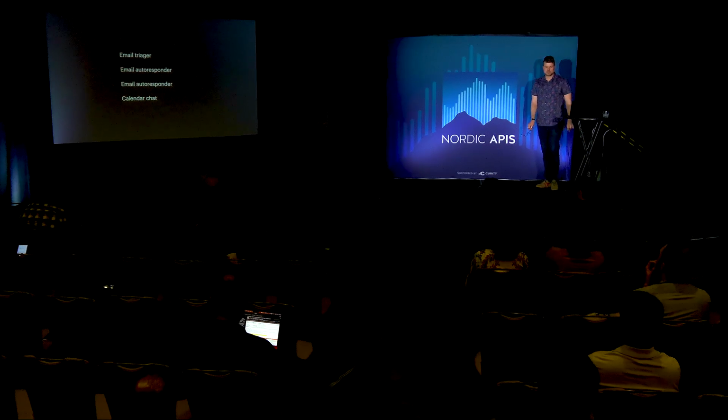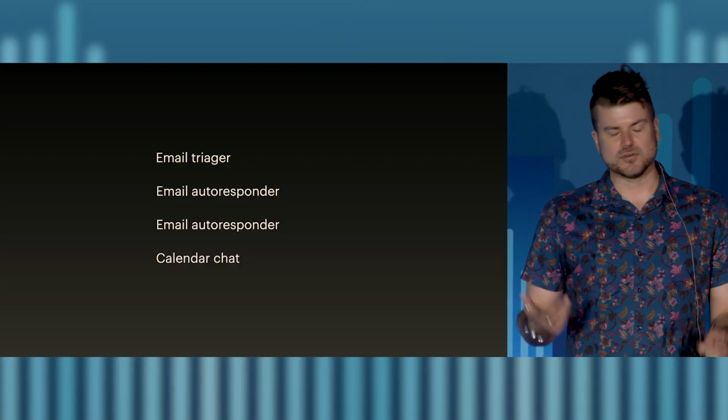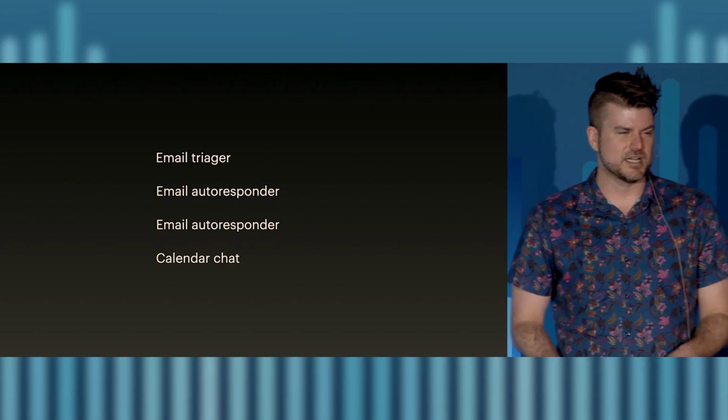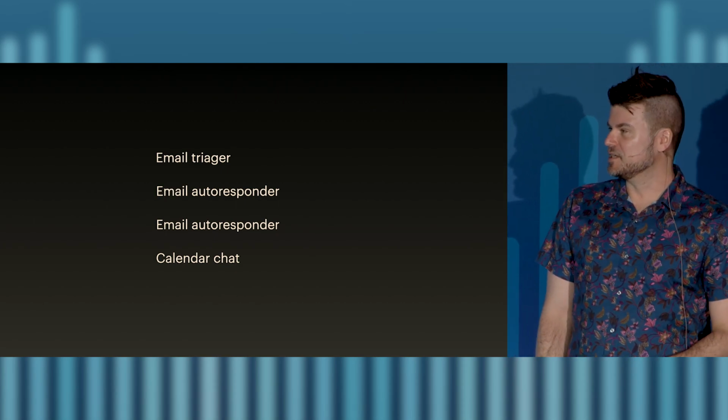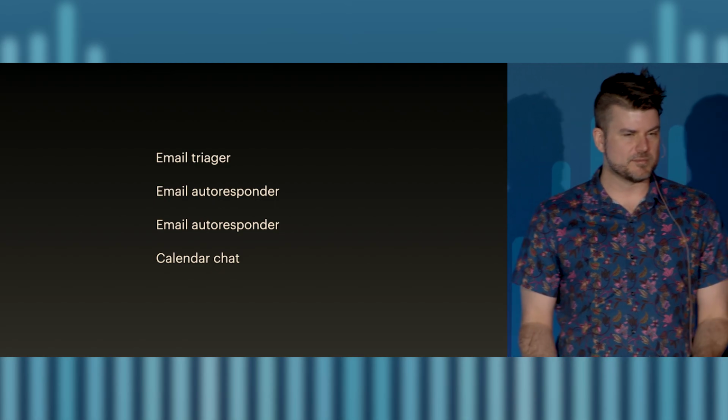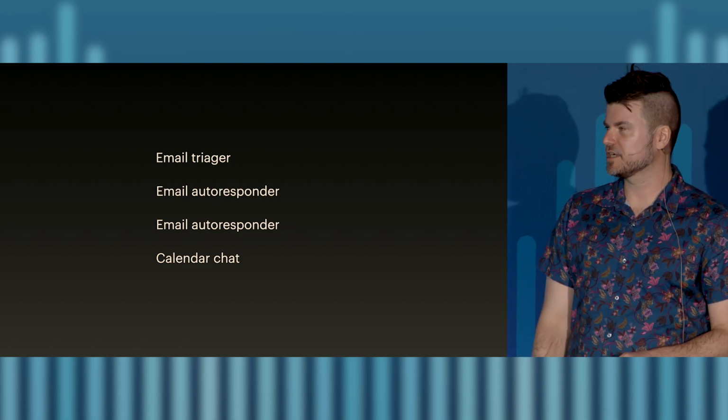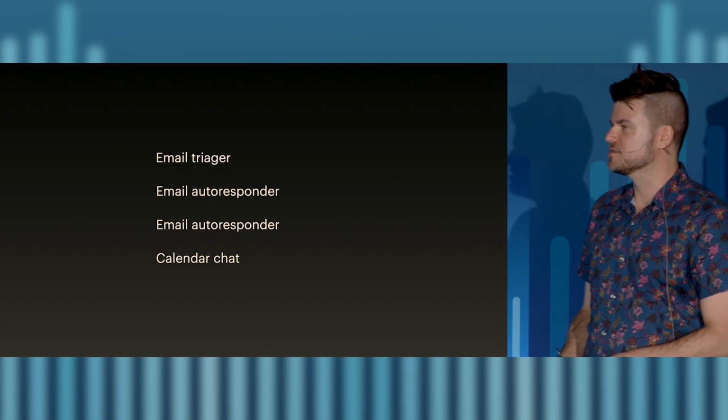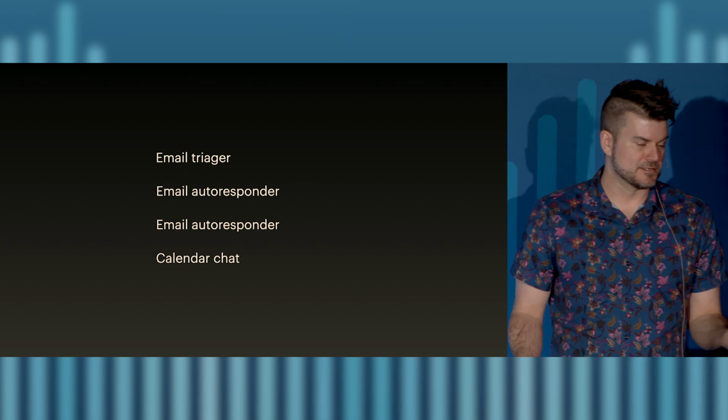So we wanted to focus on those folks, and we started thinking, okay, cool. Nylas offers email APIs and calendar APIs. What are some things we could do? We just wanted to come up with basic sample applications that we could say, hey, here's a repo, developers, check it out. We came up with ideas like email triagers, email autoresponders, email summarizers, and calendar chat, right? Nothing mind-blowing here, but that's the point. What we're trying to do is meet developers where they are, because we are them, and we want to just say, hey, let's try some stuff out like this, and we'll get to the good stuff as we go.